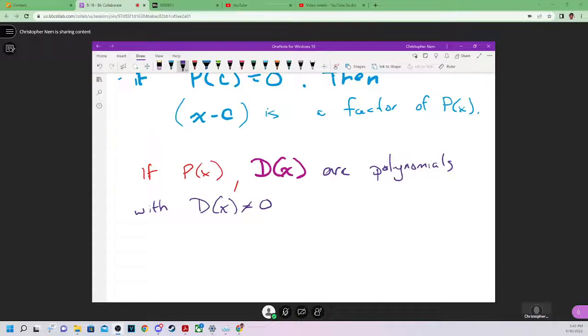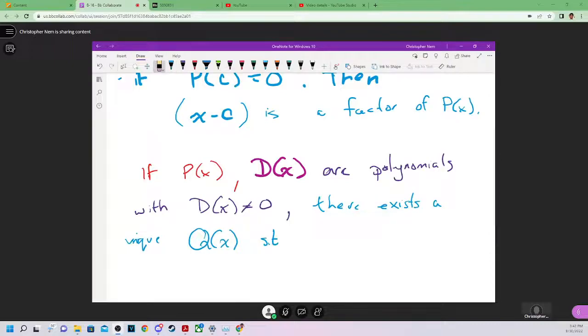There exists a unique q of x and r of x such that